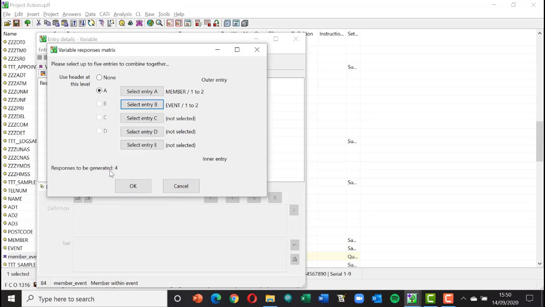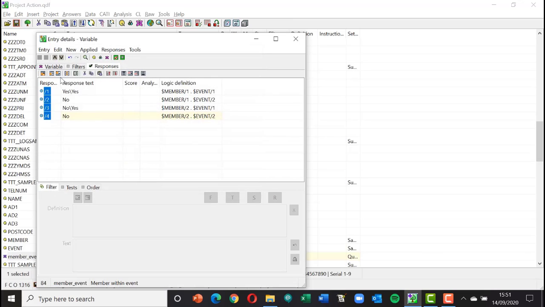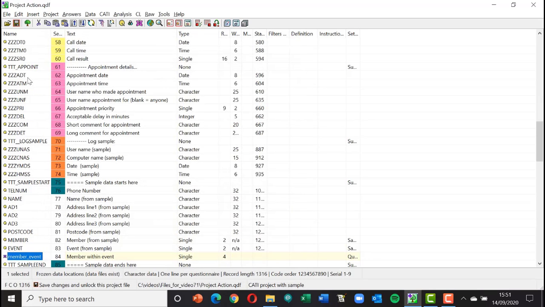Click OK to finish. It's going to generate 4 cells, and I could now do that within region if I wanted to. If I had 6 regions, I could have 24 cells if I did 2 by 2 by 6, but I've just got 2 by 2, which is 4. Click OK, and it's made that variable for me called member event. I save it,